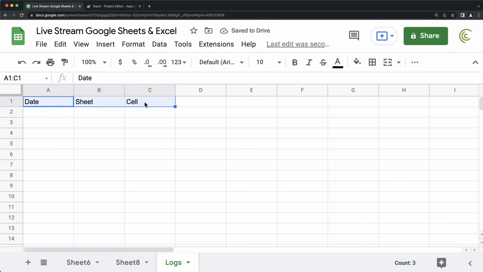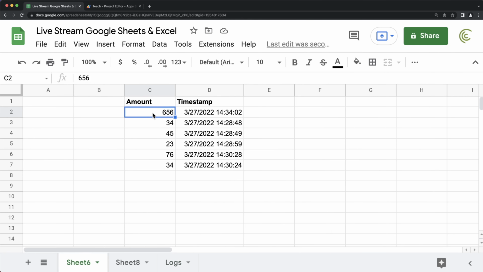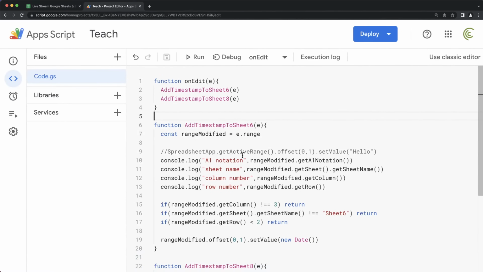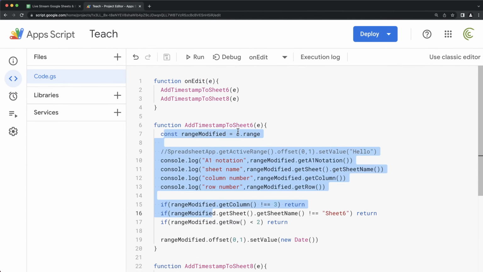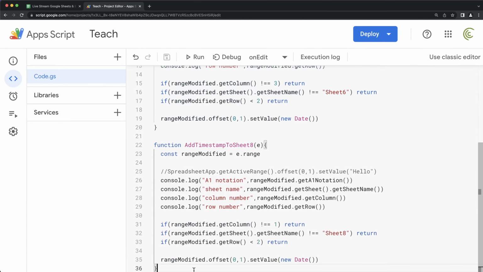Something like that. So let's say we wanted to add that here when we modify one of these. Let's go with sheet 6. That's the one I'm going to do. So for that, let's again do, I guess we could do it within this function, but we'll just keep this separate. So I'll just copy this and